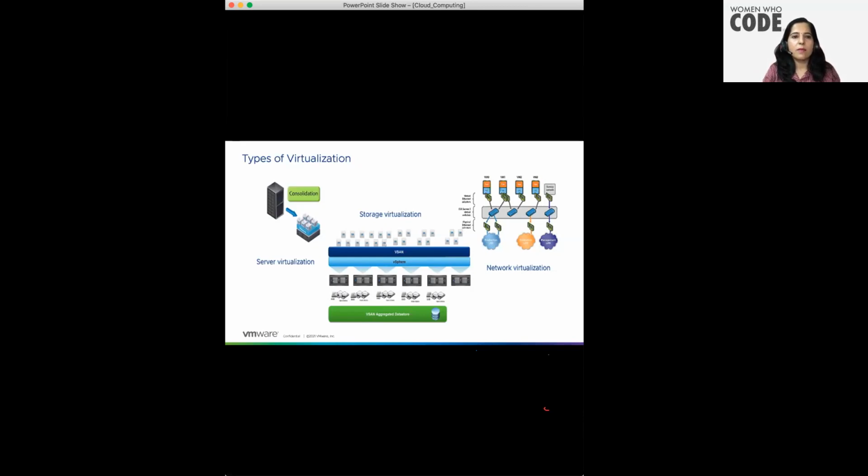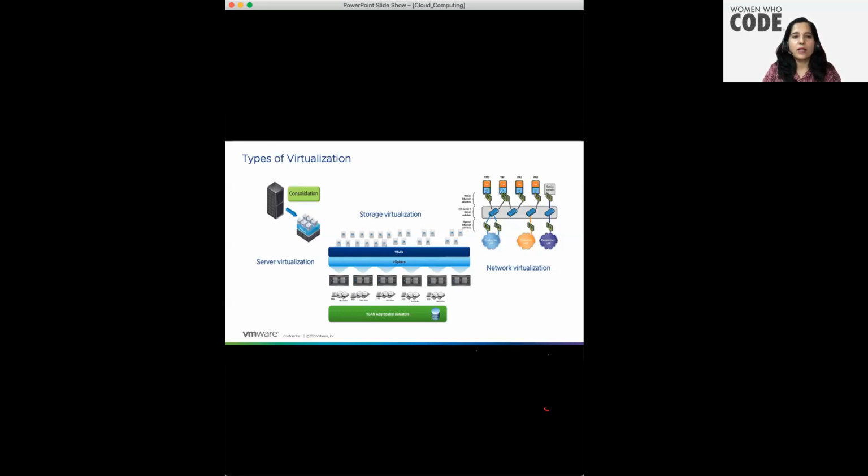In this case, virtual machines run on a single physical server. The CPU, memory, storage, and networking of the physical server are all shared among the VMs and provided through the hypervisor, the abstraction layer. Each VM is isolated from one another and runs independently of the other VMs on the same physical box. Some well-known providers of server virtualization are Hyper-V, Red Hat, vSphere, XenServer. So these are the kinds of server virtualization.